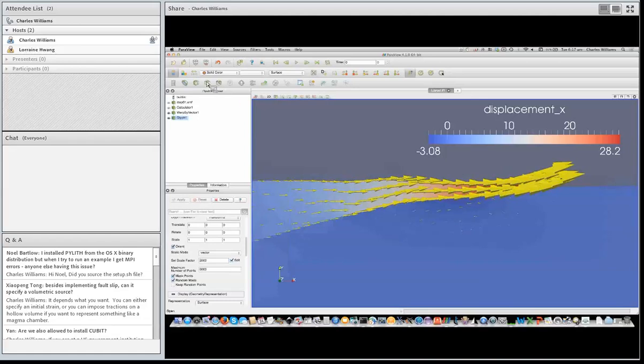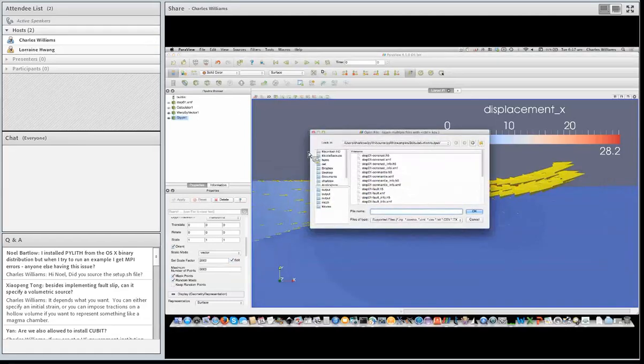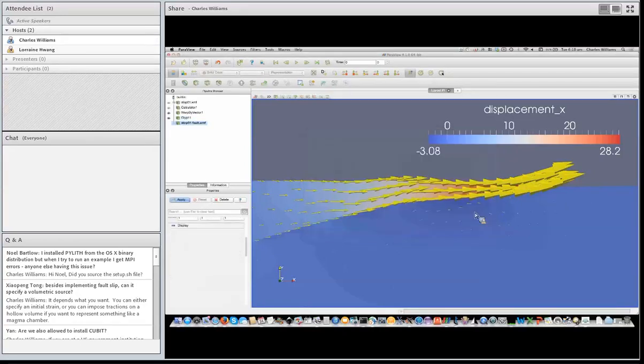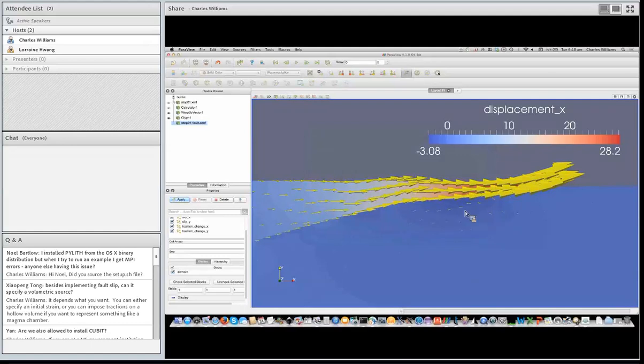We can also, if we want to, look at, I don't know if I want to do stresses right now, because should I? What's that? Wrap it up. Okay, so yeah,